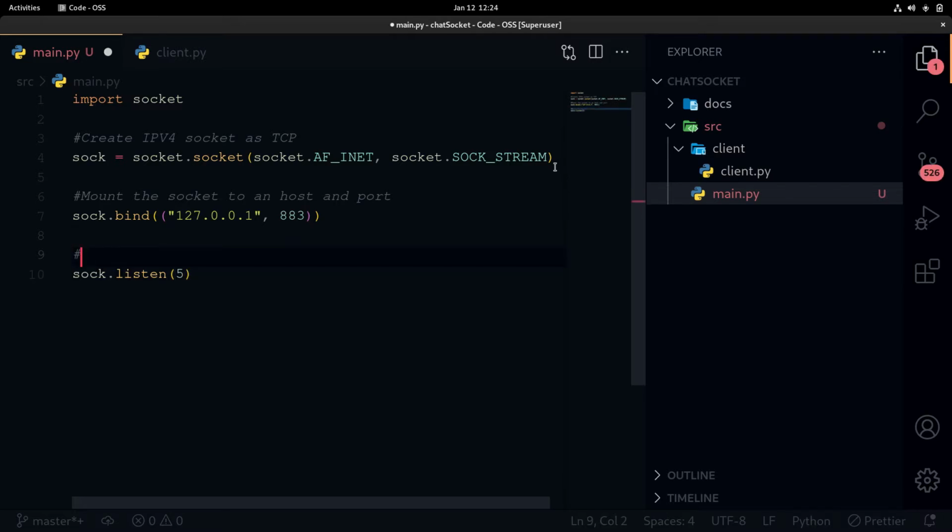Here we are establishing the socket listening, and with the accept method we are waiting for a connection.